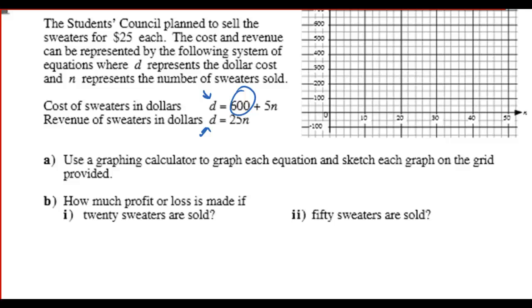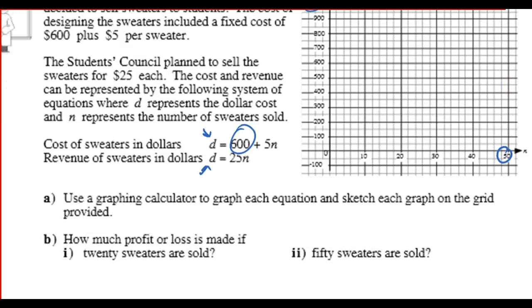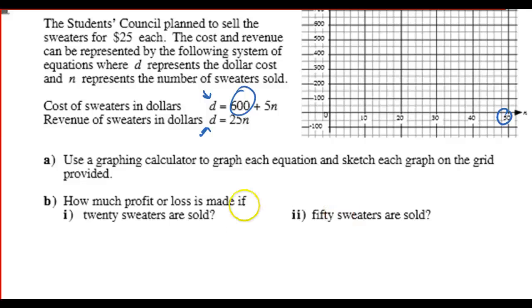We'll use the graphing calculator to graph each equation and sketch each graph on the grid. So I'm going to let you guys go ahead and do that. Here their window goes up to 1,050, so you can change that around. Mine went to 2,100, so it's double the size. And it says how much profit or loss is made if 20 sweaters are sold. Okay, if 20 sweaters are sold,